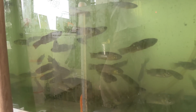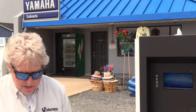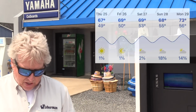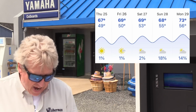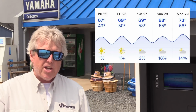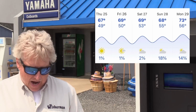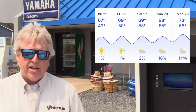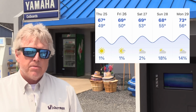But I'll tell you, this area, I'm sure, is going to be pretty busy, and these fuel docks are going to be busy as well this weekend, because it does look like we have a pretty darn good Jersey Shore weekend weather forecast. And the NOAA inshore marine forecast out of Atlantic City, well, that's not too shabby either after Thursday night. That's what they're saying. So Friday through Monday, if you're enjoying some time down here, and if you're coming into town this weekend, I would suggest trying to get in early. Try to slip out the back door of the office on Friday before anybody notices you're gone,